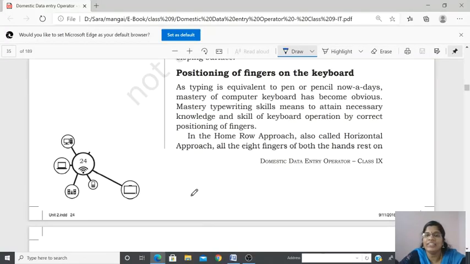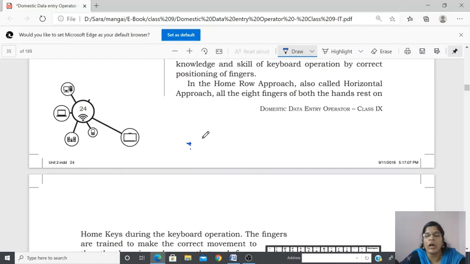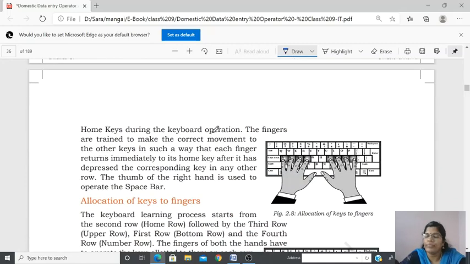Students, did you understand the 3 rows of alphabets in the keyboard? Okay, what are the 3 rows? That's the bottom row, or we call it the first row. Then the middle row or second row, also we can call it the home keys, home row, because we call those keys in the middle row home keys, right? So we can also call it home row. Then the next one is the top, the upper row or third row. Now we are going to study one by one how to type using each row.